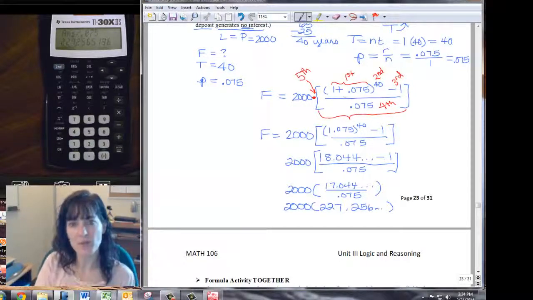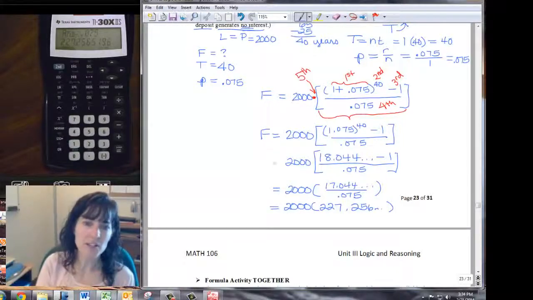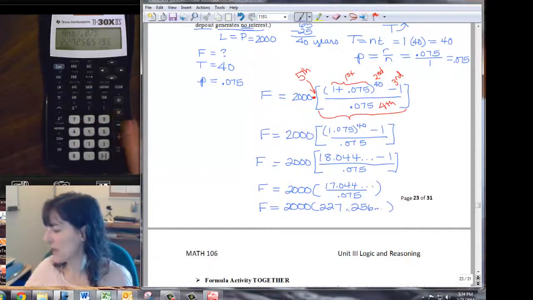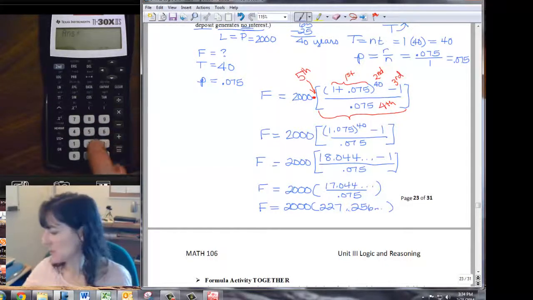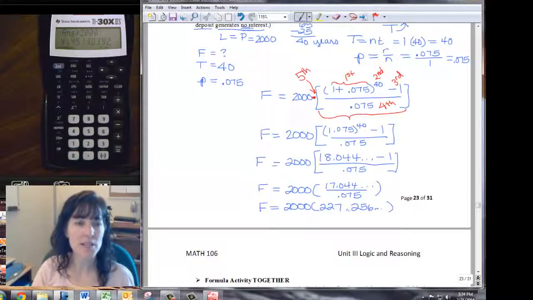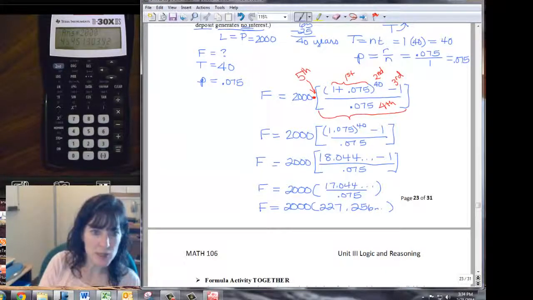And then the fifth thing, the last thing, is to multiply with the 2,000, and I technically should have an equals F out here on all of these, because I haven't changed that. I'm just being a little bit lazy. So then I'll multiply, so times 2,000 equals, and you can see my solution now. I have F equals